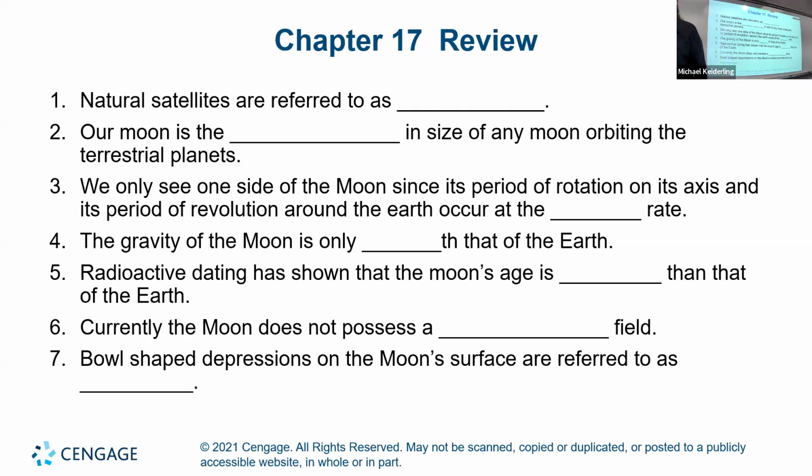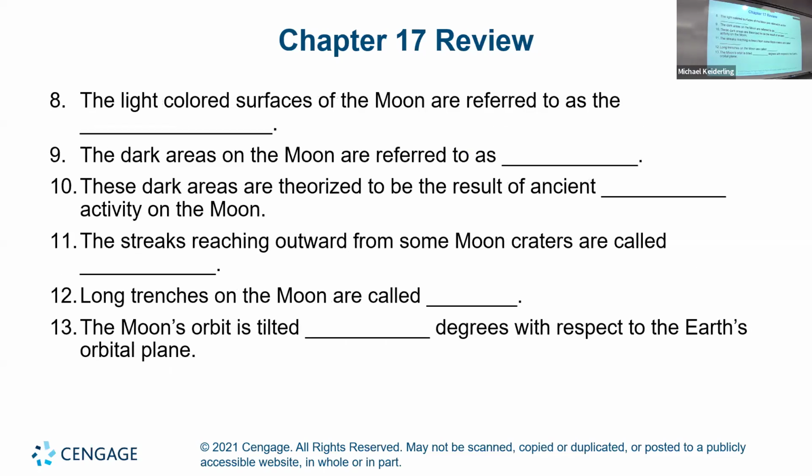Bowl-shaped depressions on the moon's surface are referred to as craters. The light-colored surfaces of the moon are referred to as the highlands. The dark areas on the moon are referred to as maria. And these dark areas are theorized to be the result of ancient volcanic activity on the moon. The streaks reaching outwards from some moon craters are called rays. Long trenches on the moon are called